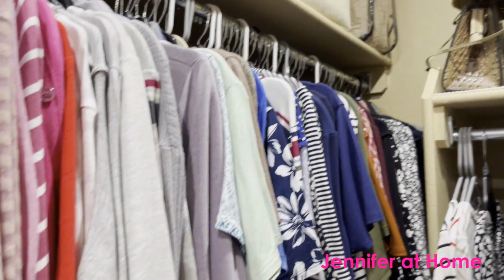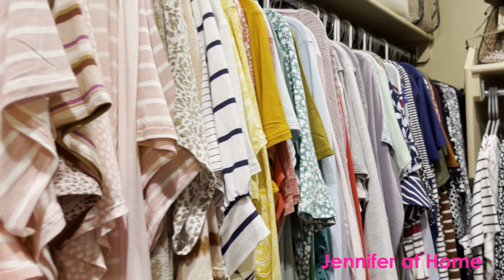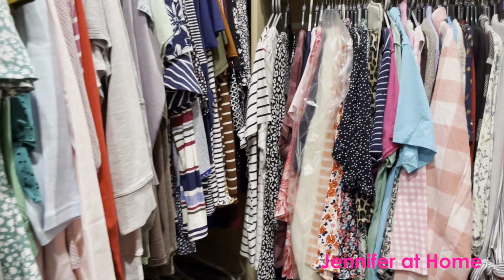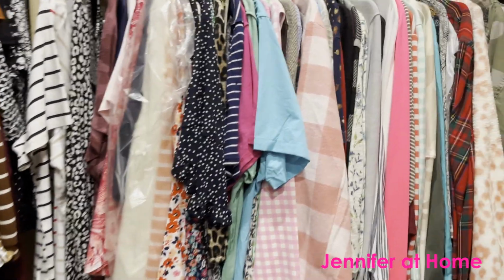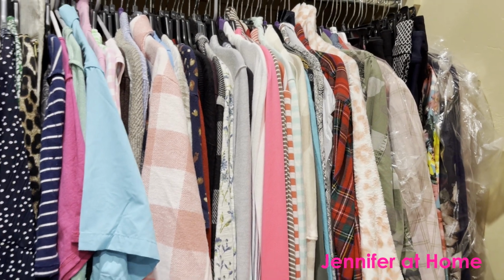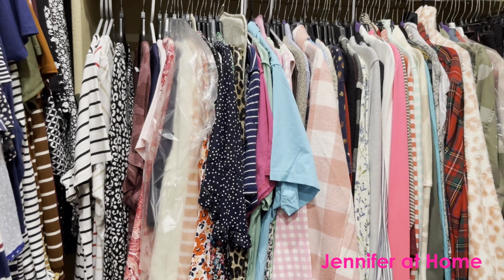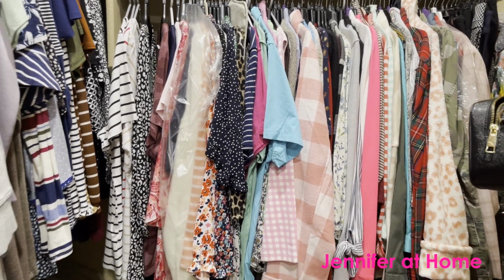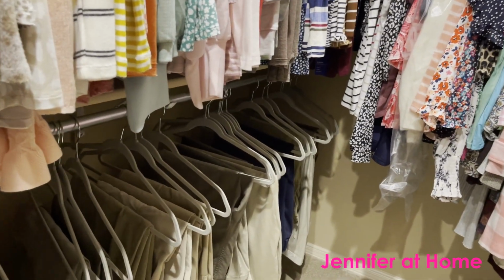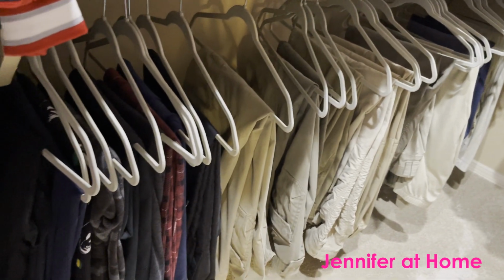Here I have my long sleeve shirts and short sleeve shirts, all color coded. But I need to weed through these and take out what I'm really not wearing and using. And on this end, I have an assortment of all different things: dresses, coats, jackets, dress pants, all sorts of things here that really need to be organized and decluttered. Down below, I have my husband's long pants that he wears to work, and then some of his casual, relaxing